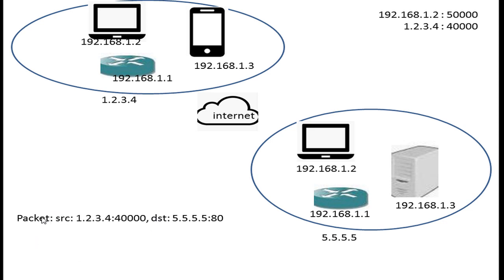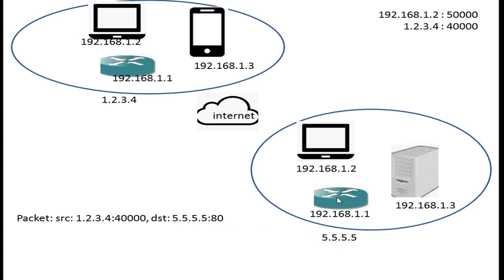Now, because both the source and destination IP addresses in the packet are in the public IP ranges, this packet is routable for outside LAN communications. So it would be directed to the Internet Service Provider of this network. The packet would go to the upstream router in the ISP and would go through the internet based on some rules or protocol of forwarding the packet until it reaches the destination with the IP of 5.5.5.5 with the port